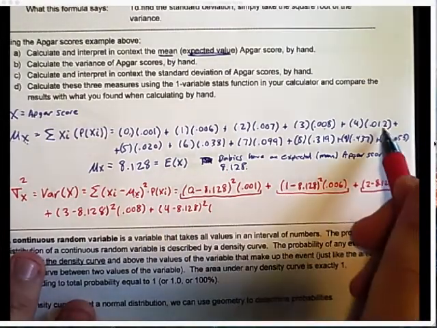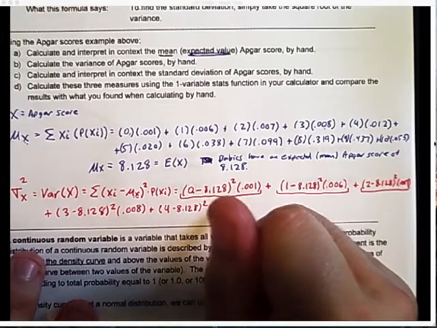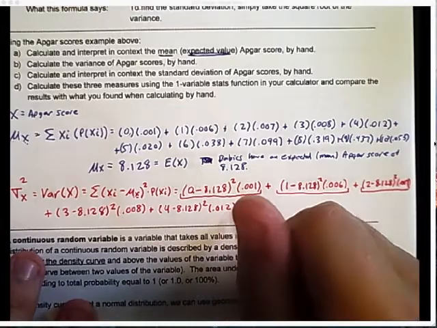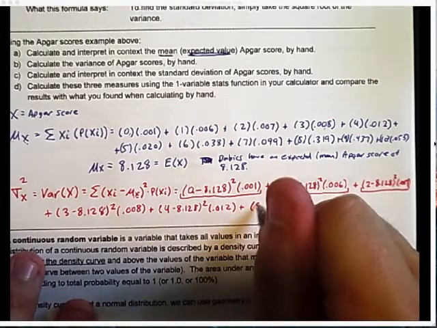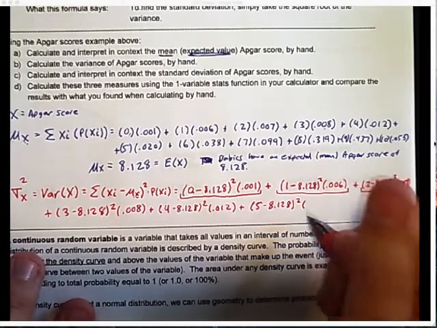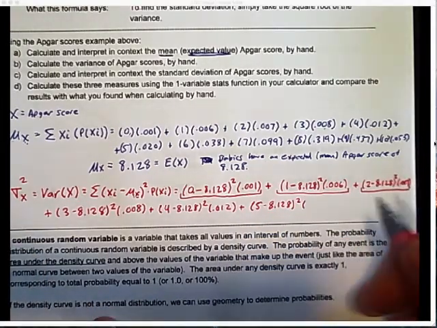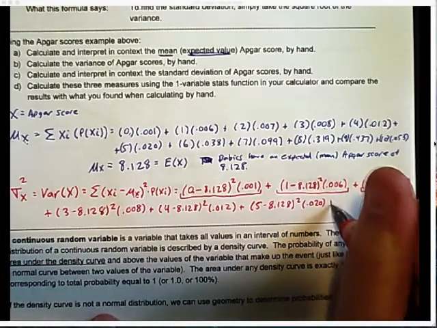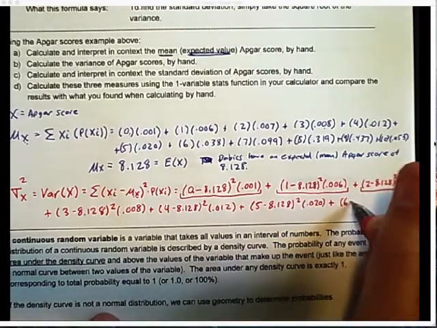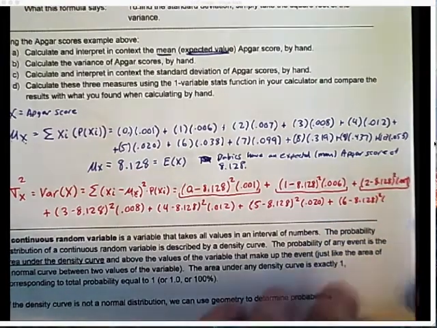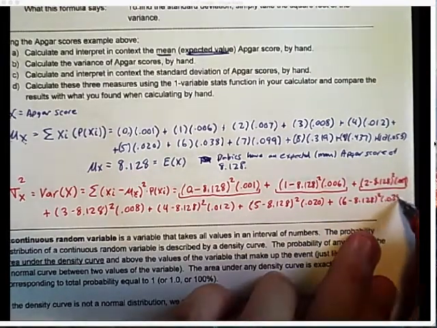And don't worry, I'm gonna tell you how to do this on the calculator real easily. 0.012 plus 5 minus 8.128 squared times 0.020